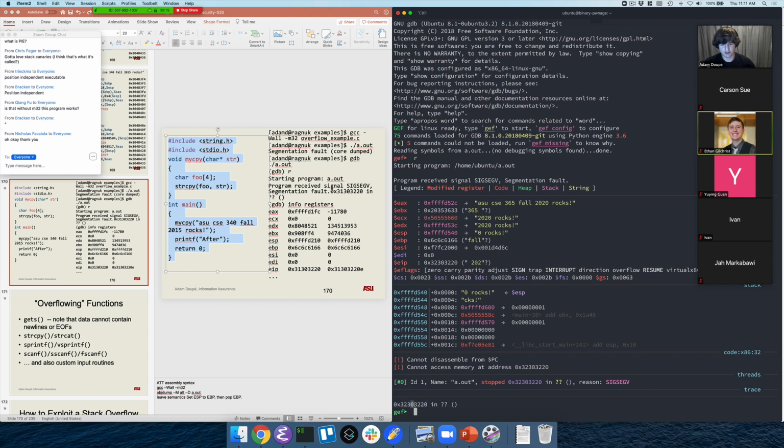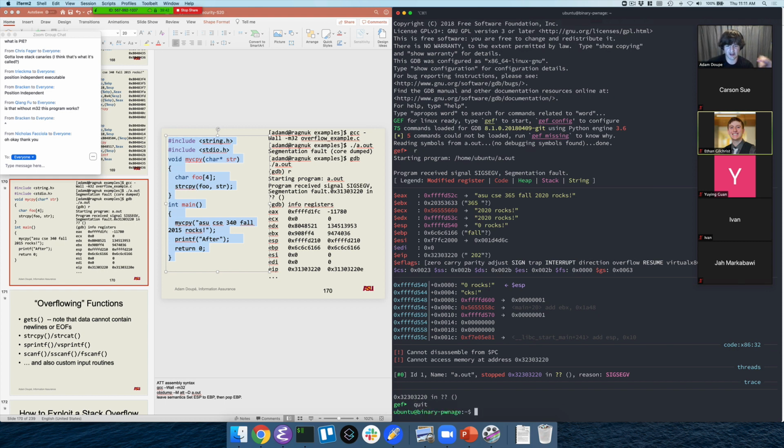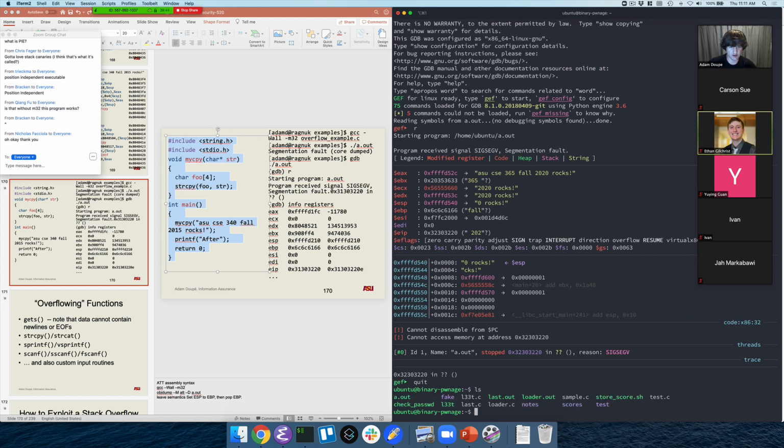So at 32, 30, 32, 20, at this point we're able to control it. So this was where we changed it to 365 space. And essentially, if you think about it and remember this original program, whatever we put there at 365 space will essentially be where we go and where we start executing after this. So a question would be,